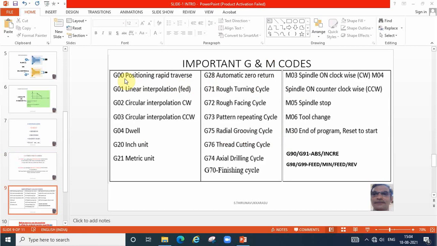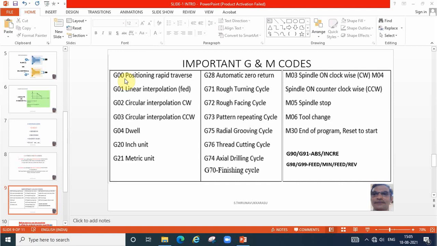Before starting the machine, we have to bring the cutter very close to the job. Then we have to start removing the material. For bringing the tool very close to the job, we can write G00. And then while giving depth of cut, G00 we can use.